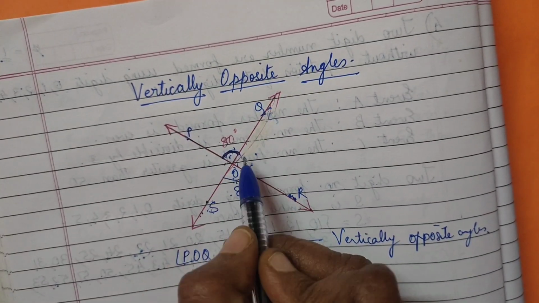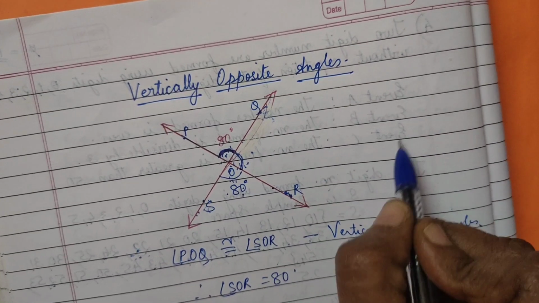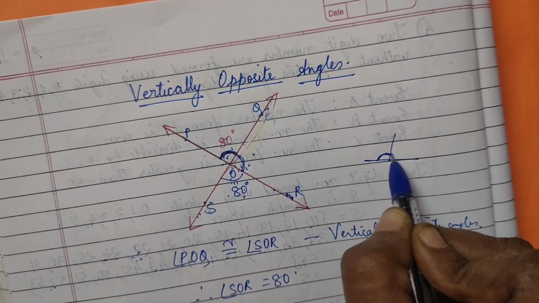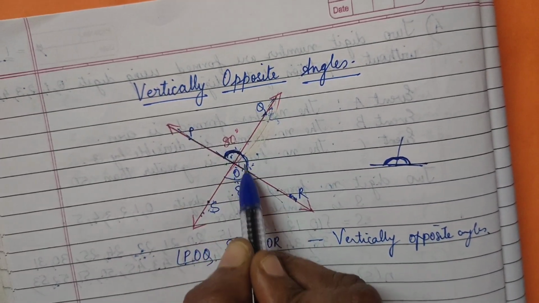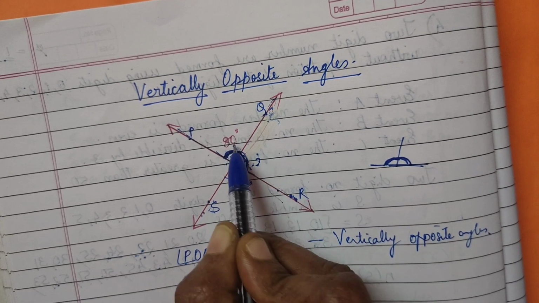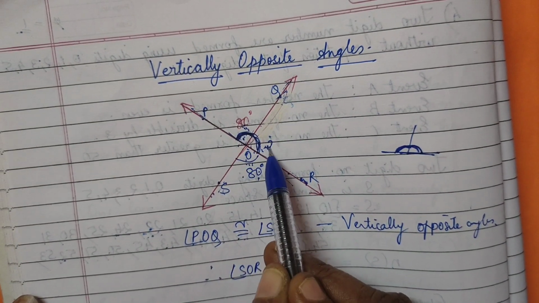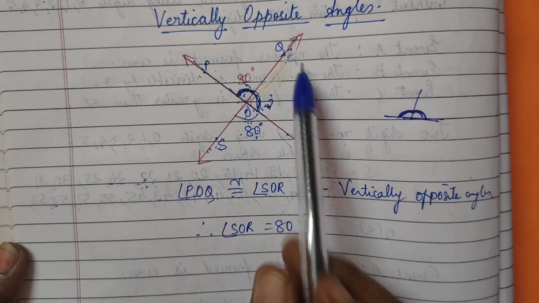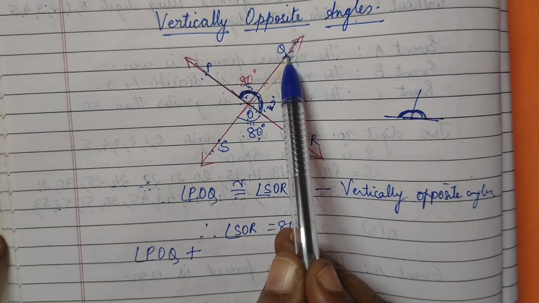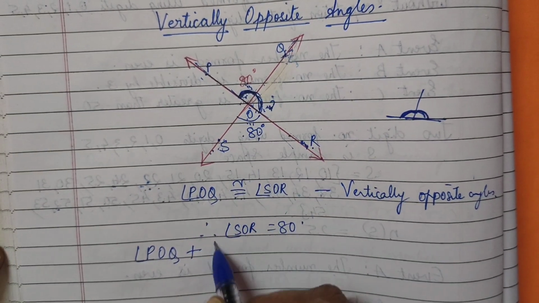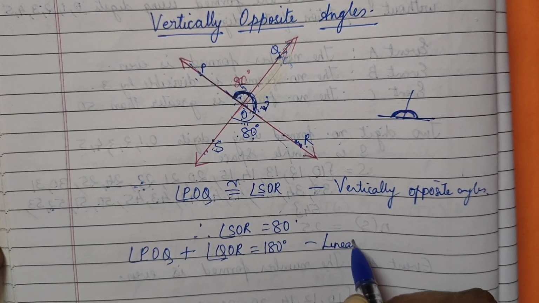Look here, dear. This angle plus this angle together form a linear pair or not? You learned about the linear pair. This angle plus this angle is how much? 180 degrees. So here you see a linear pair is forming, so this plus this together should be 180 degrees. So if this is 80, how much will this be? 100 degrees. So we will write it like this: POQ plus QOR equals 180 degrees. This is said to be the linear pair axiom.